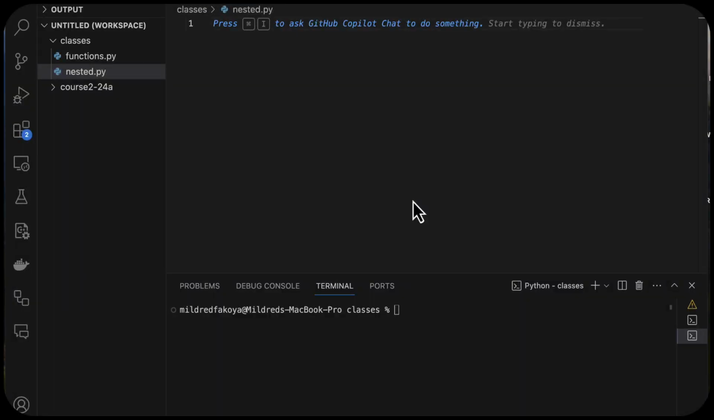Hello and welcome to lesson 2 of week 6. In this lesson, we are going to look at nested functions, closures, and scope. My name is Mildred. In the last lesson, we looked at functions in greater detail, and we'll continue by looking